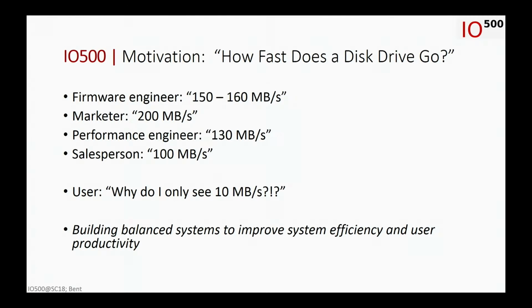A firmware engineer is going to tell you a disk can do 180 megabytes per second. Marketing is obviously going to be double or triple that. A performance engineer, maybe someone like me that does technical sales and tuning, probably a little more realistic. A salesperson, 100 megabytes per second, but from a user perspective, you're usually going to see 10 megabytes per second in your application, which you, as a user, are usually the most important person on that system just because you're funding it